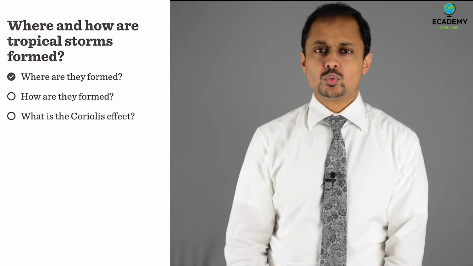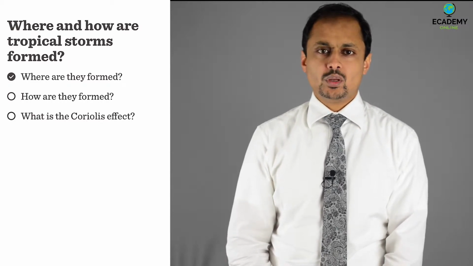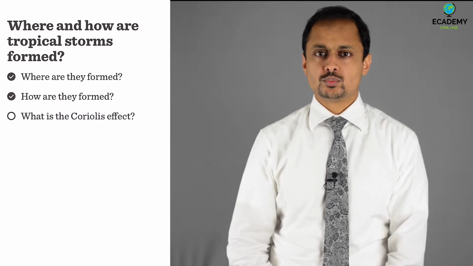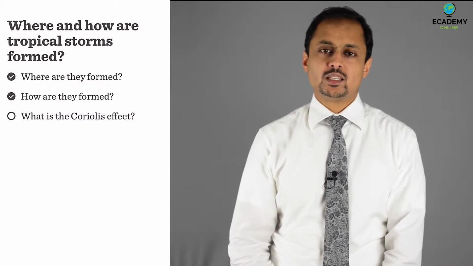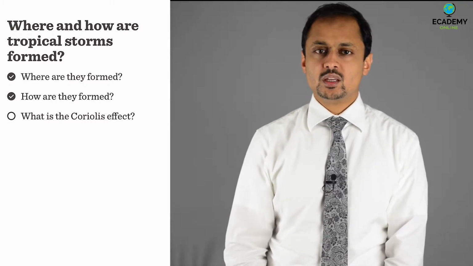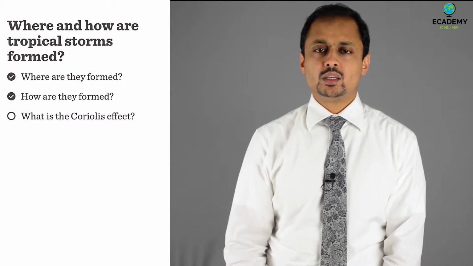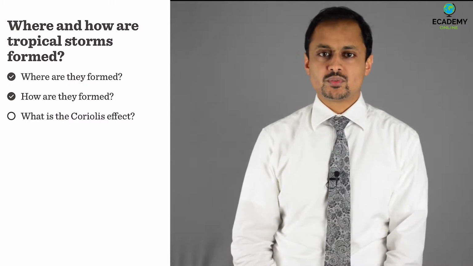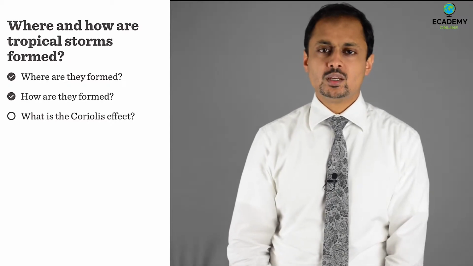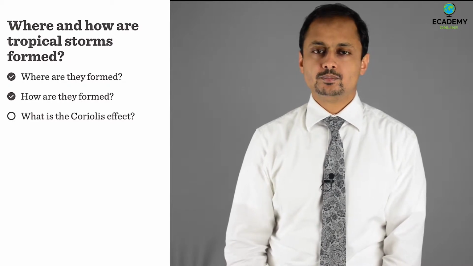Those storms whose wind speeds do not reach these higher limits but reach wind speeds of 60 km an hour are usually called tropical storms. The water must be at least 26.5 degrees Celsius down to at least 50 meters. In the beginning, a disturbance forms in the atmosphere, developing into an area of low atmospheric pressure. Winds begin to move into the center of the storm, sealing from surrounding areas of high air pressure.